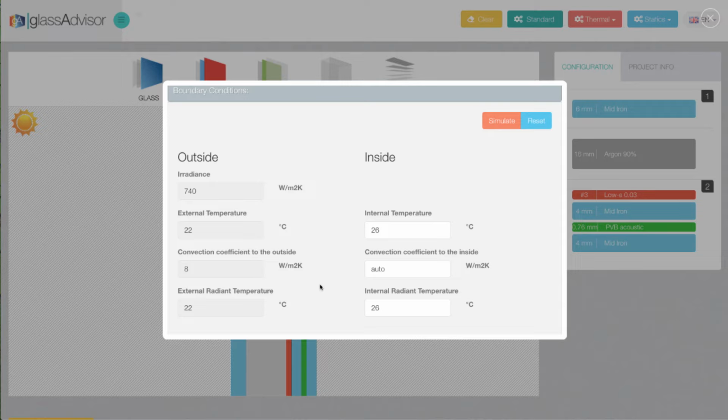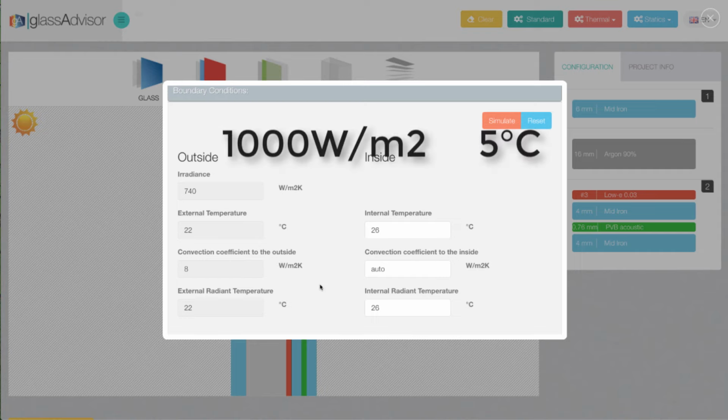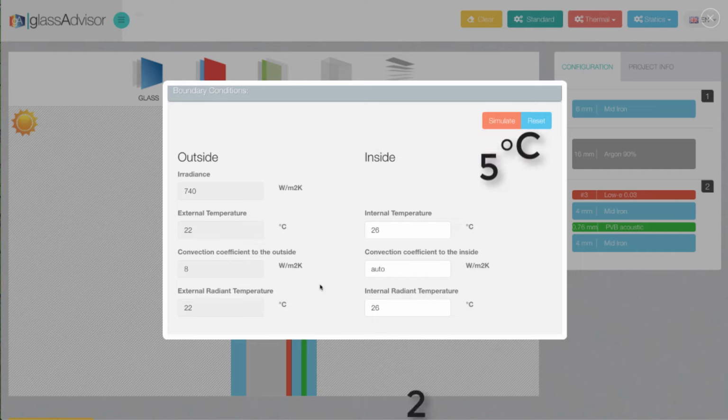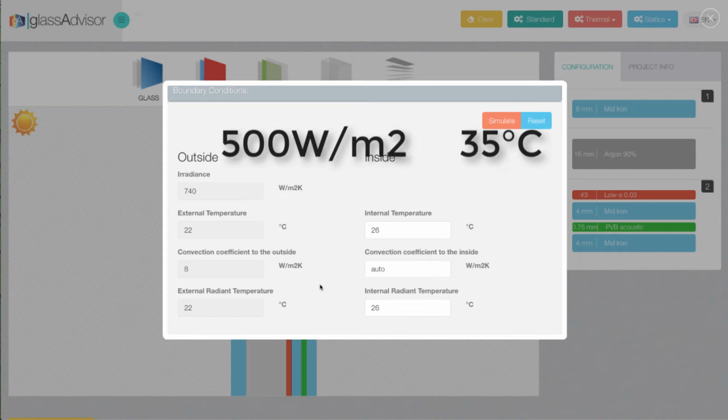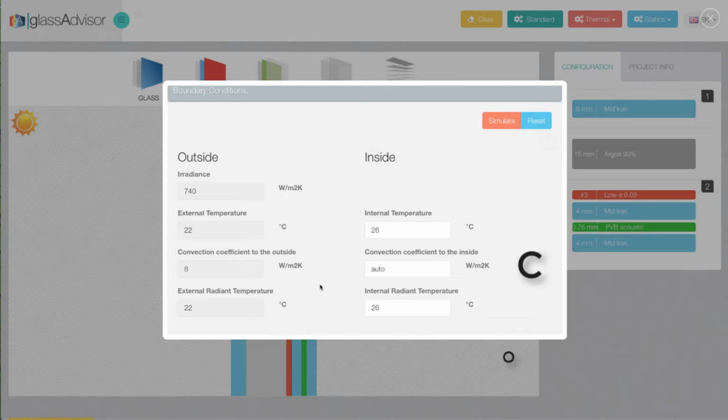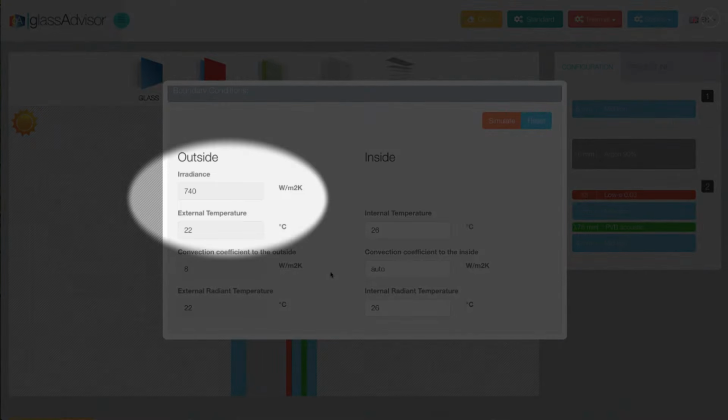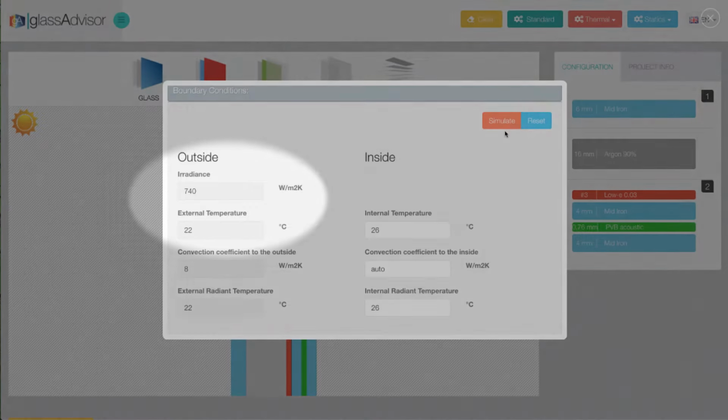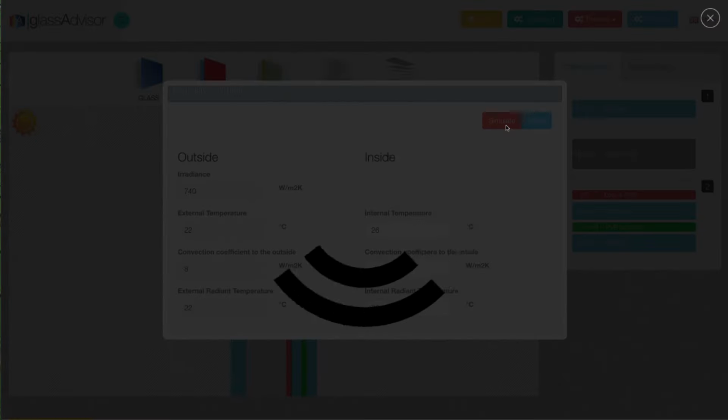After that, it looks for the moments where the system got warmer and extracts the boundary conditions that generated the situation. In this way, for example, on a south facade, we can define not the moment with the highest irradiance, which happens in winter, not the moment with the highest temperature, which happens in summer when the sun is very high and the irradiance on the vertical facade is low, but the worst combination of both as they happen in reality. After that, just click Simulate and read the values.